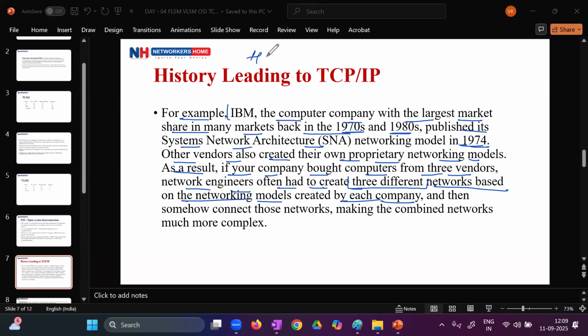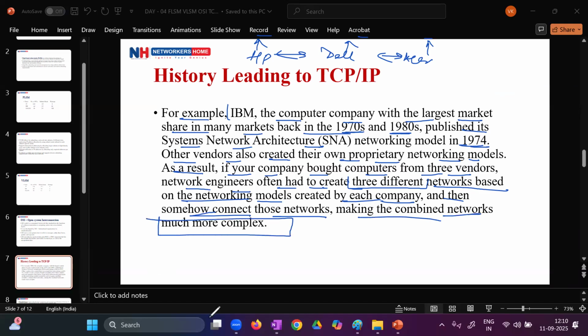So you have bought HP, Dell, and Acer, and all of these have separate models. You have to deploy all these separate models to enable communication between the devices. Three different vendors, three different models. So it was not efficient. Somehow connecting those networks made the combined networks much more complex. To overcome this, we have